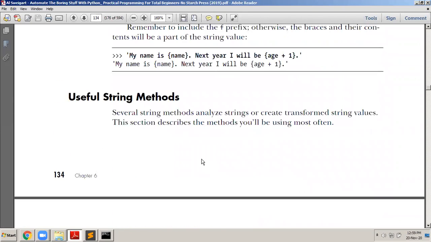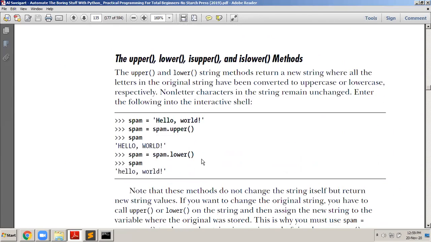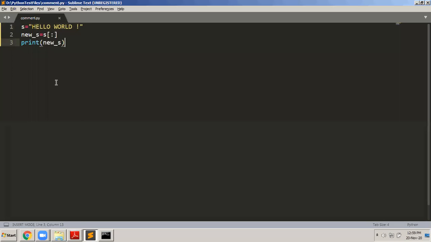Some of the important and useful string methods are upper, lower, isupper, islower methods. Now let us write a program for this. What I have here is a string s, which is equal to hello only. Let us say I declare one more variable called u, and I say s dot to